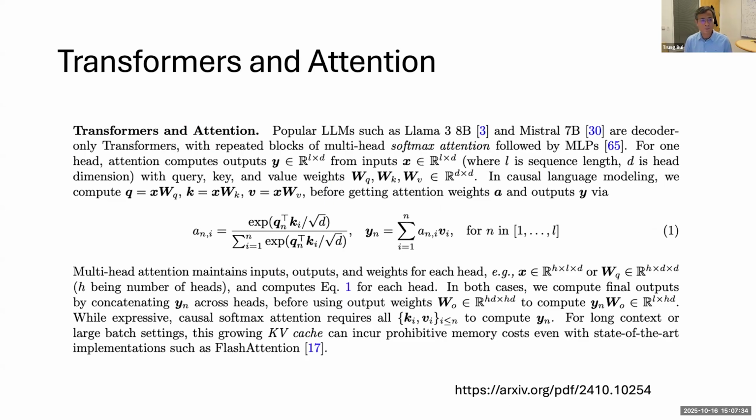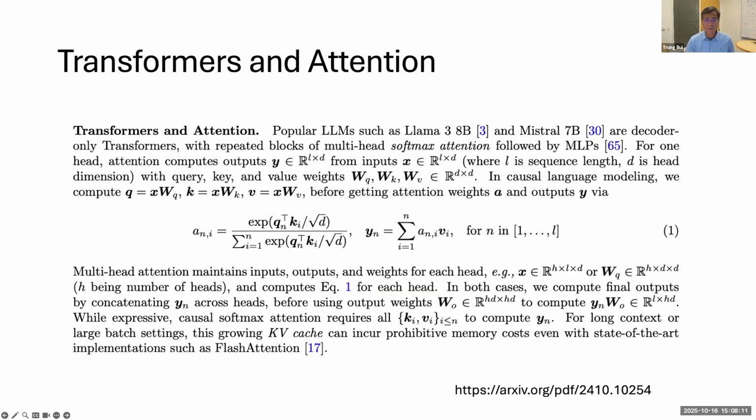As you all know, the transformer is popular today. Almost all models like ChatGPT and Gemini are based on the transformer architecture, and particularly, a lot of models nowadays are decoder-only models. Examples from open source models are Llama and Mistral. I think the key component of this model is